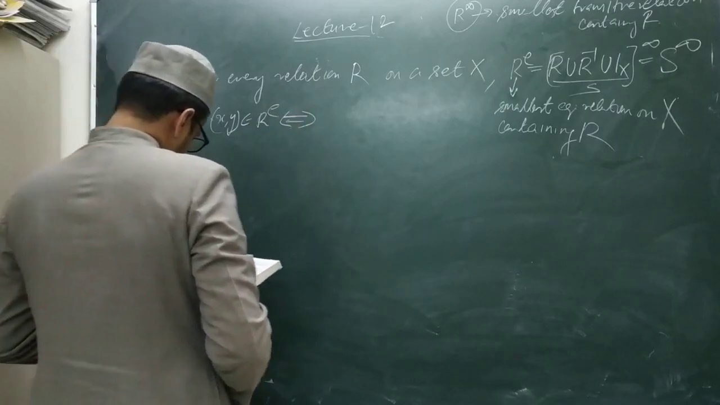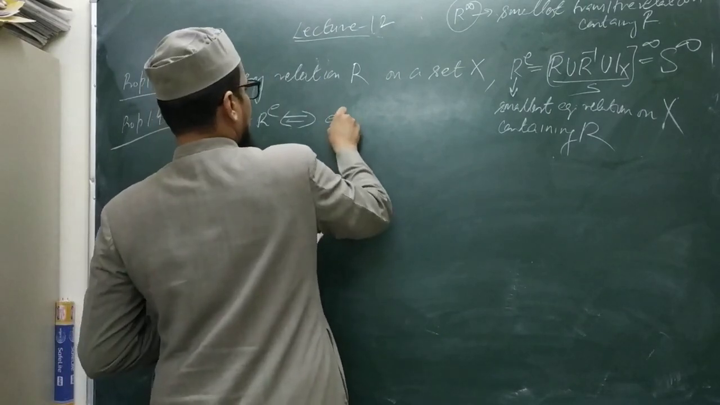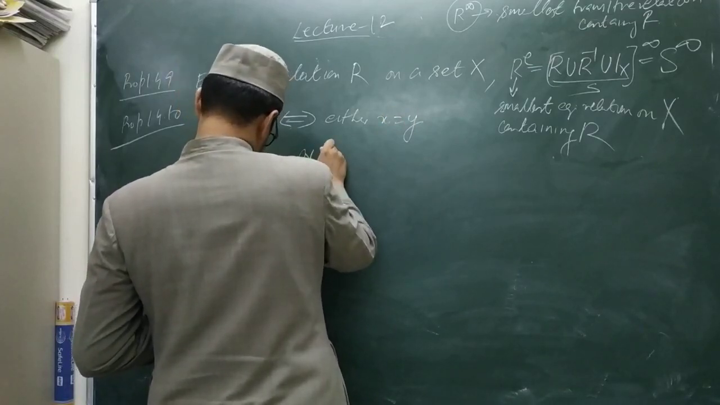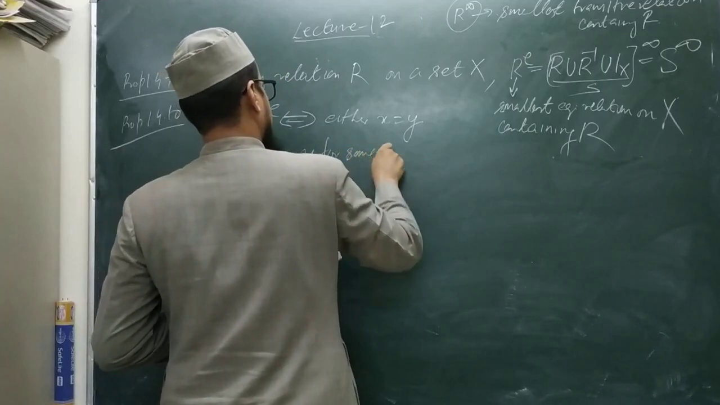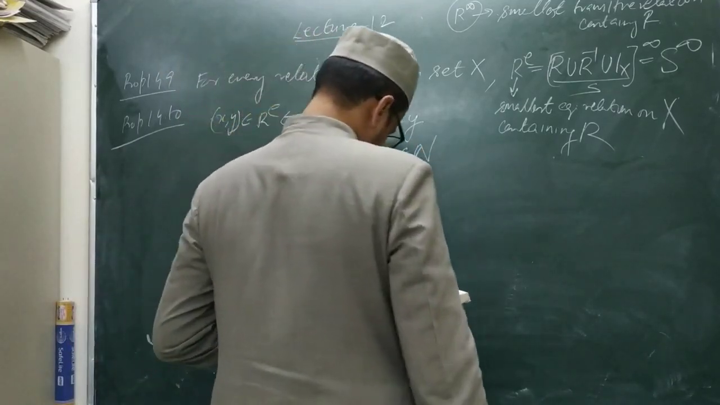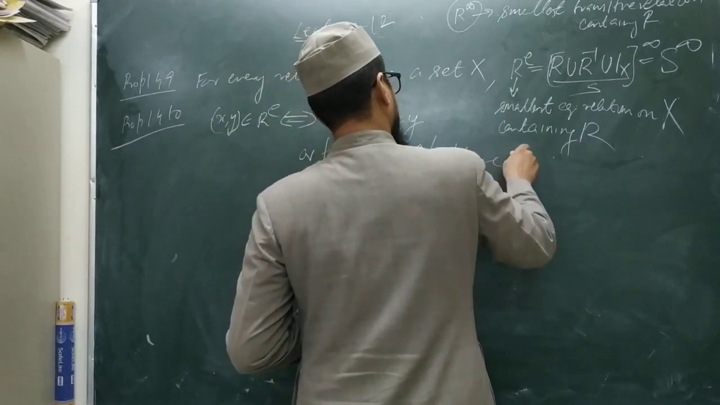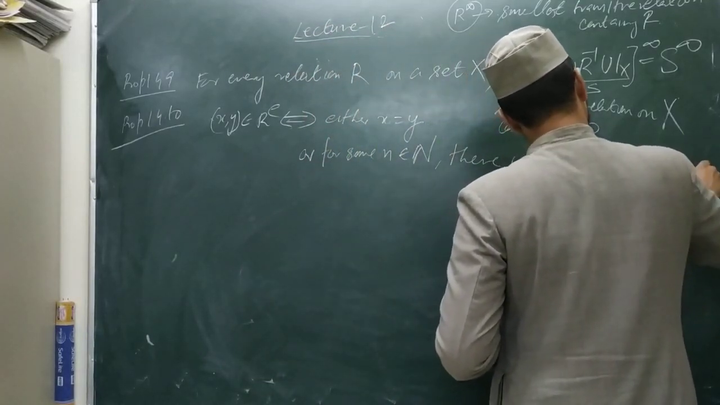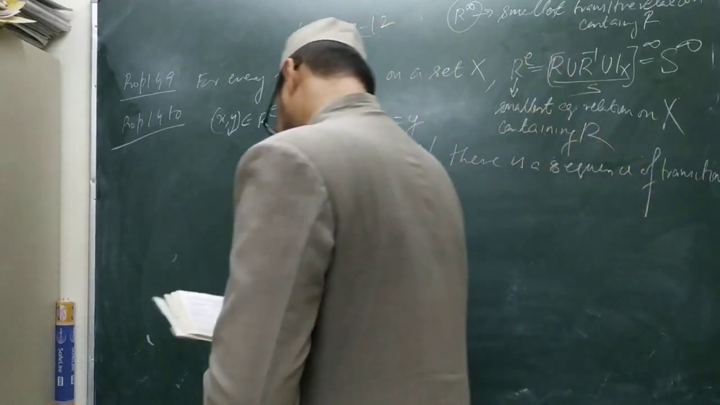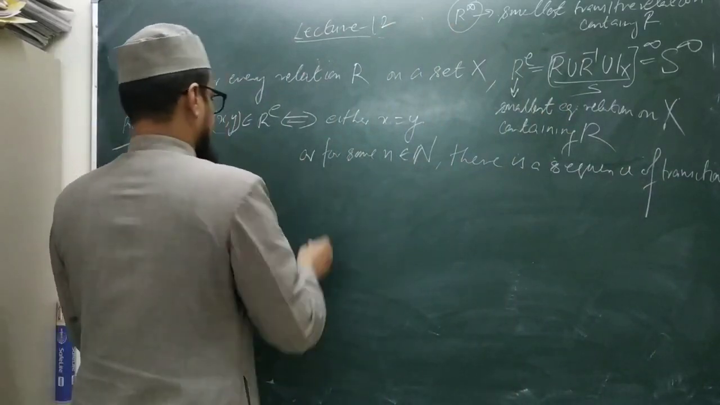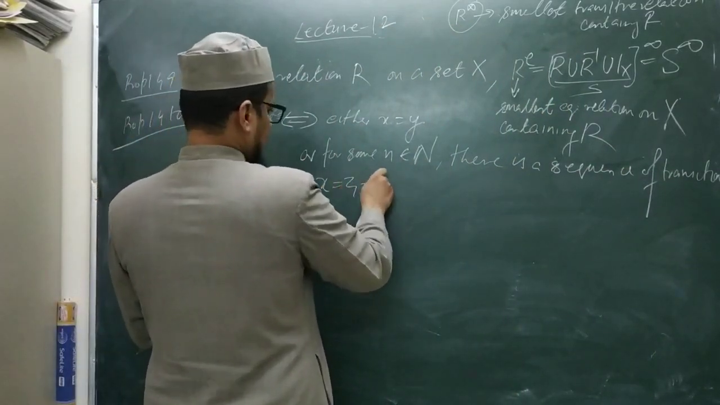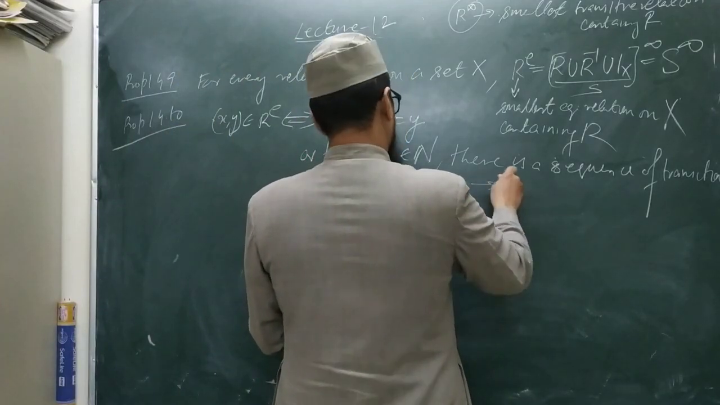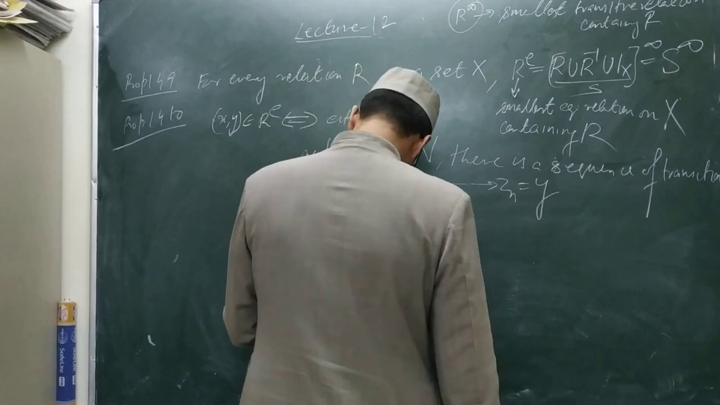implies either x is equal to y or, for some n belonging to the set of natural numbers, there is a sequence of transitions: x is equal to z1 goes to z2, and so on, zn is equal to y, in which for each i